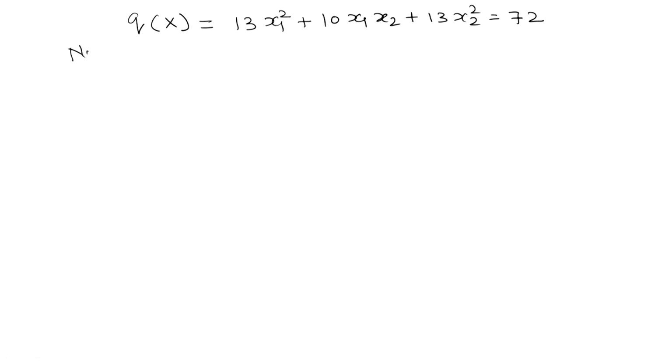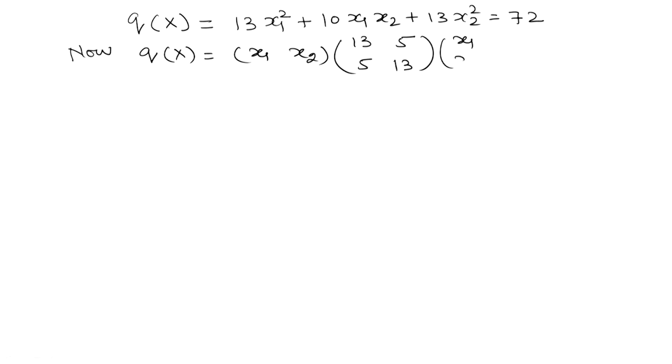Now, Q(x) can be written as x1 x2 times the matrix with rows 13, 5 and 5, 13, times x1 x2, and this equals 72. So, here